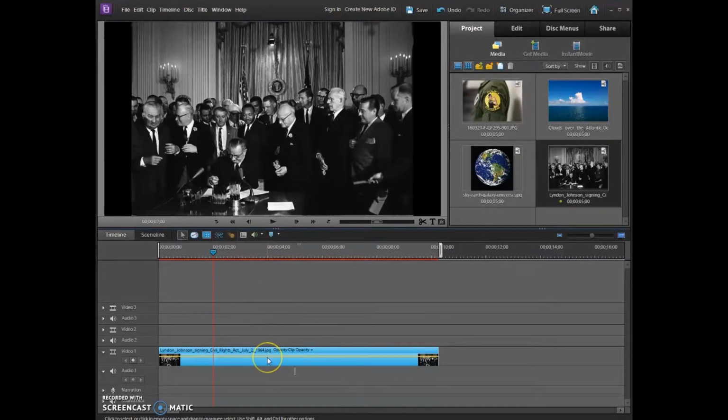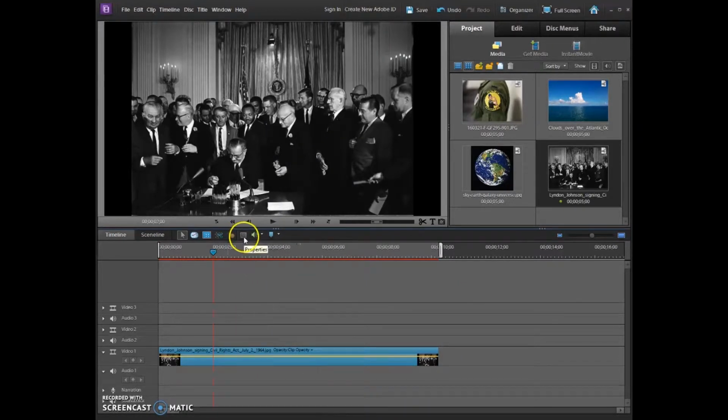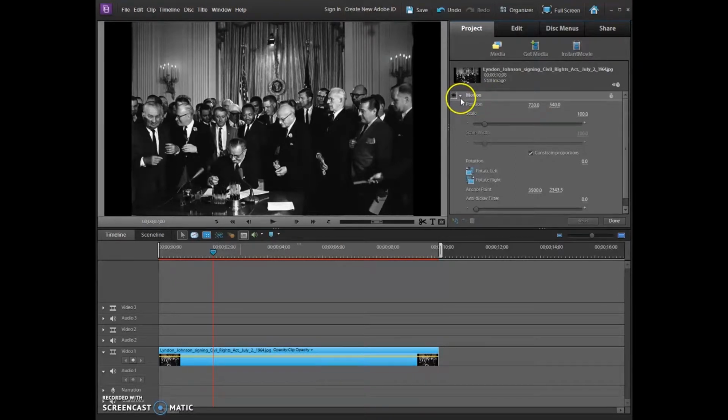You need to go into the shot properties, which you can right click and go show properties, or you can just click on this little square right here. I then go into motion. Now the keyframes will work whether you're going into motion or you're going into special effects. It doesn't really matter. But what you're looking for is here. This little, it looks like a little stopwatch. I click the stopwatch, and all those little pips that it drops in are basically marking this spot at these